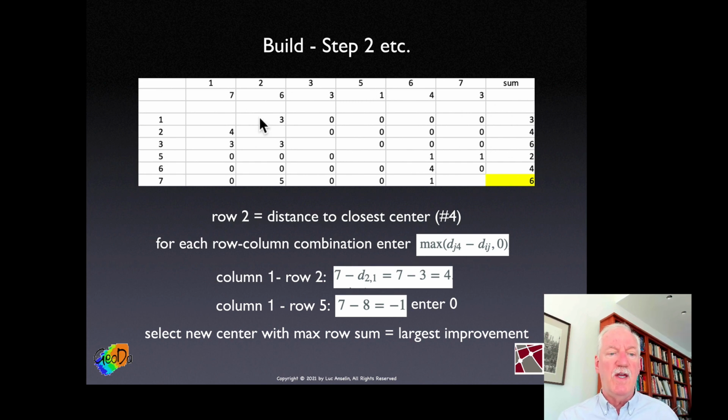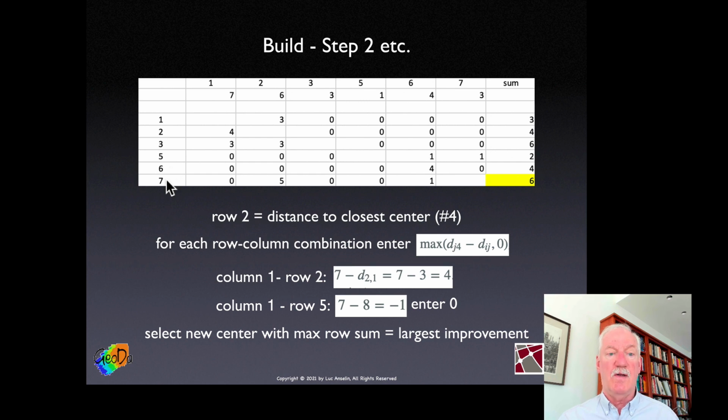And then for each possible next center point, there's 6 of them remaining, we figure out the difference between the current distance from each point in turn to the current center and what would happen if this next point would be taken as